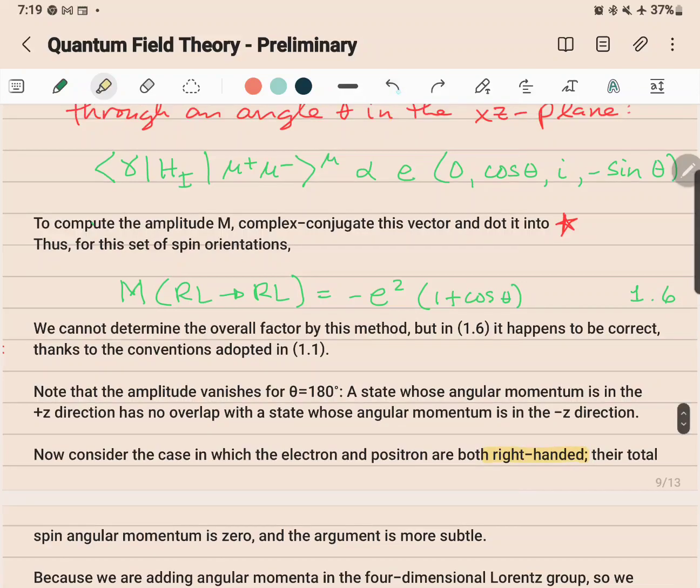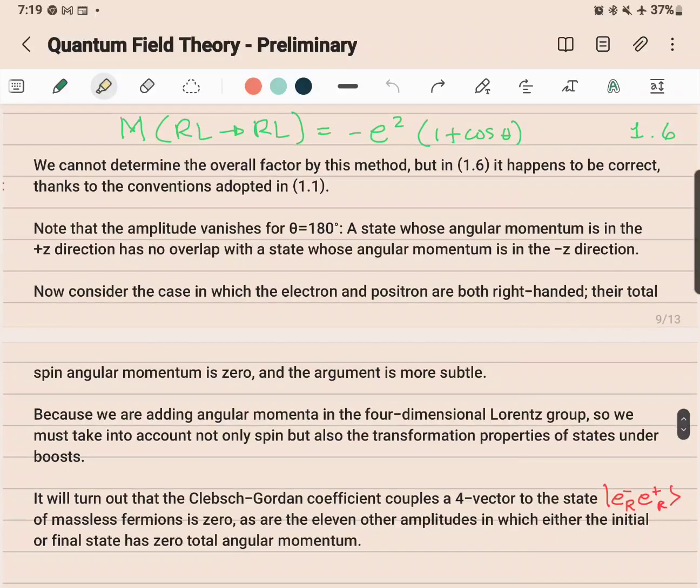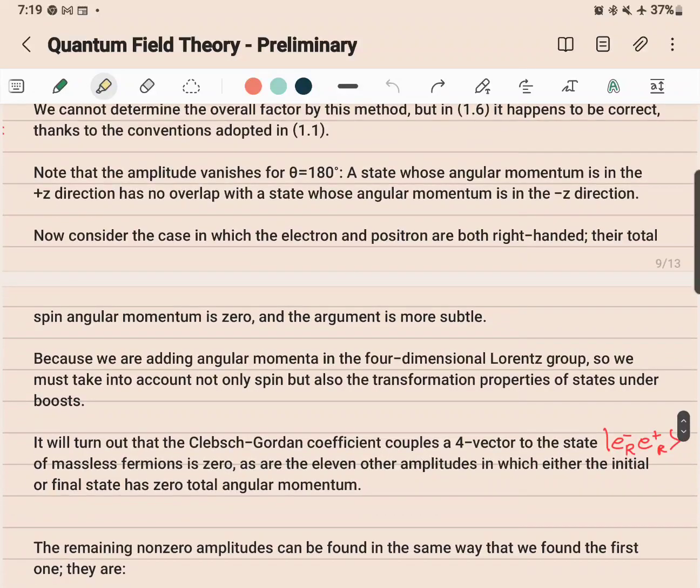It is more difficult to explain that one, because we are adding angular momenta in the 4-dimensional Lorentz group, so we must take into account not only spin but also the transformation properties of states under the boosts, or boosted states. It will turn out that the Clebsch-Gordan coefficient couples a 4-vector to the state here